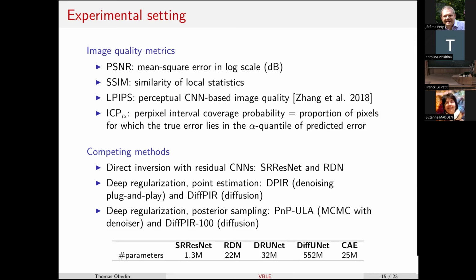Note the difference in the number of parameters when using diffusion models. And we also consider deep regularization with posterior sampling, either with a denoiser, the method is termed PnP-ULA, or with the same method as before, but we run it 100 times to have 100 samples.